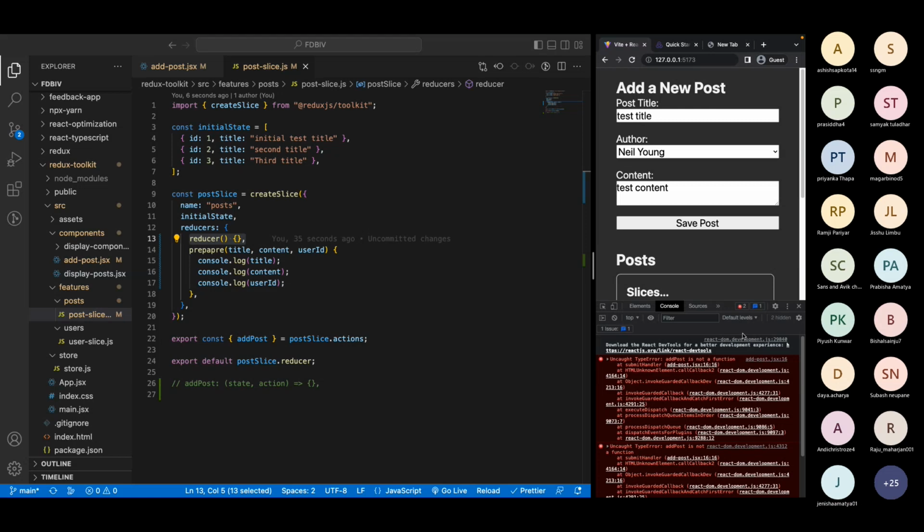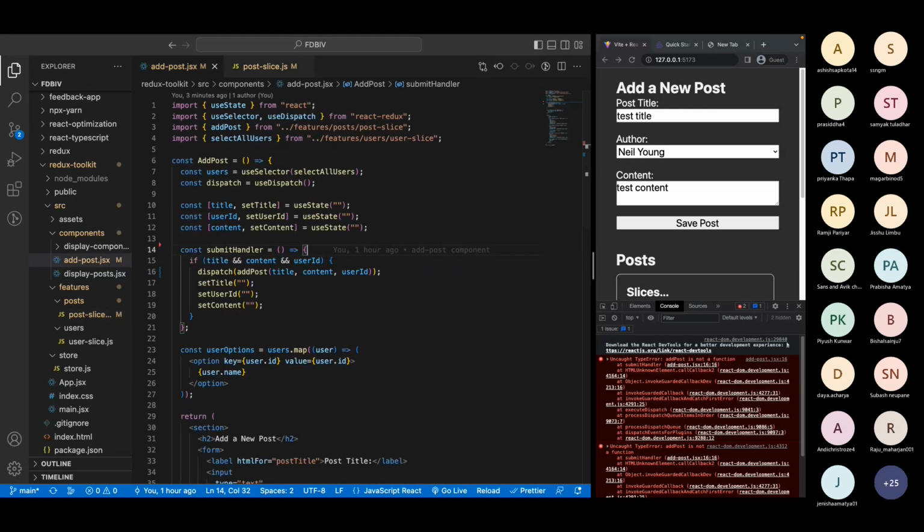Something is wrong here. Add post is not a function. Now it is not working. See here, while we are dispatching, because we don't have that add post now. We just removed it, right? So we just removed it and it is not available there. So what we will do now is